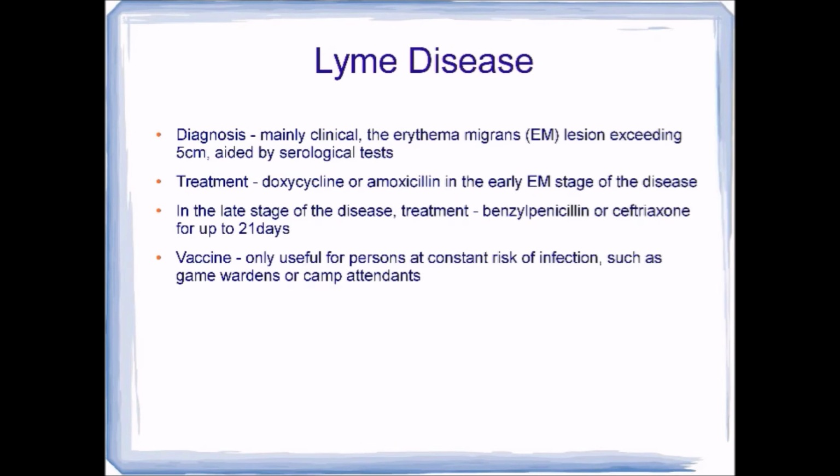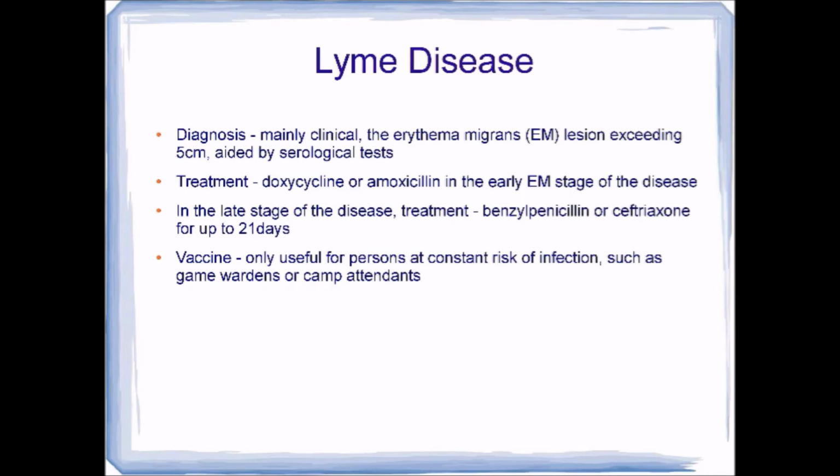In the case of Lyme disease, the diagnosis is mainly clinical, the erythema migrans lesion exceeding 5 cm, aided by serological tests, which are more useful in the later stages of the disease. Treatment is effective with doxycycline or amoxicillin in the early EM stage of the disease. In the late arthritic, cardiac or neurological stage of the disease, treatment is with benzylpenicillin or ceftriaxone for up to